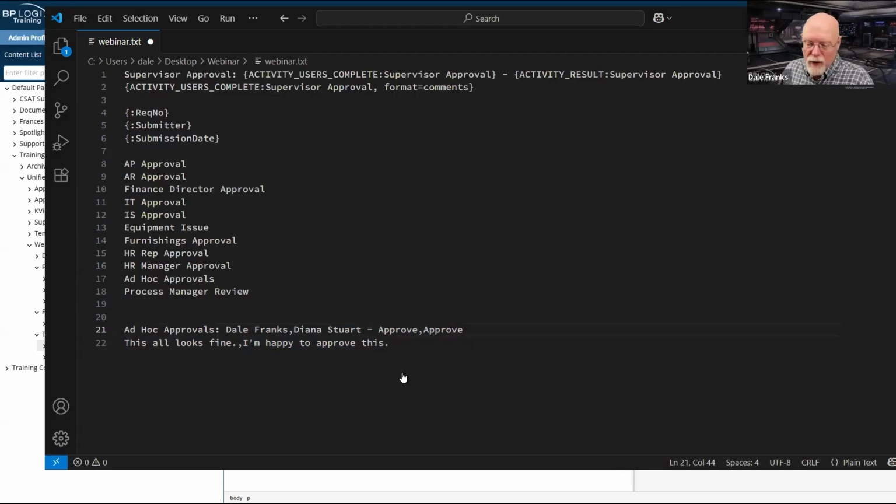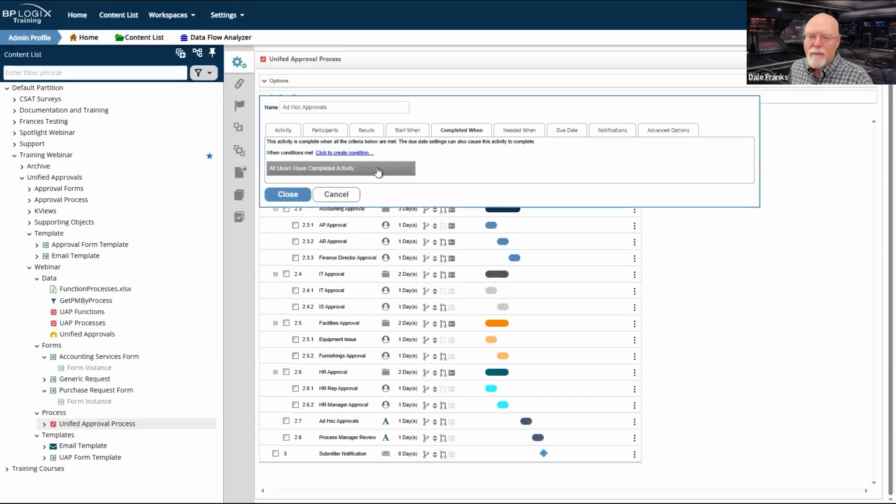My solution for this, which is not really a solution, it was a convenience, was to set my activity so that, well, I didn't actually set it. I just kept the default, which is this activity will end when the first user completes the activity. With that setting, it doesn't matter.